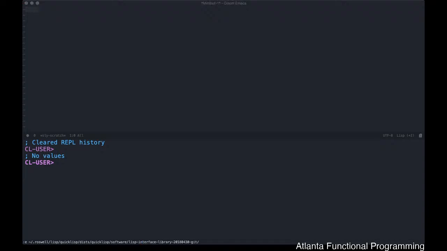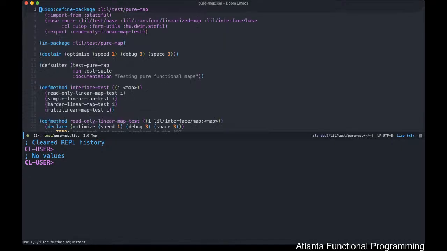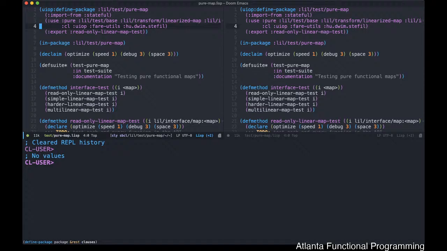And in here, it's in the test directory. Okay. So before we get started on this particular test, what I'm going to do is